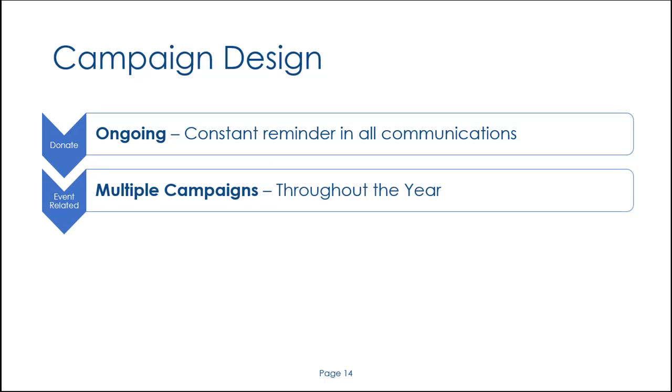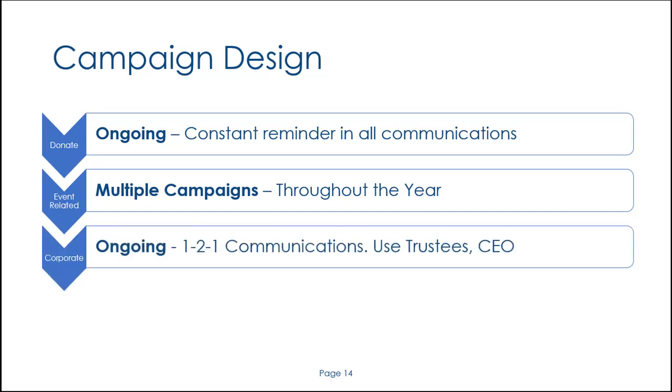The second stage is related to events. Whether you're hosting charity dinners or you're doing some community fundraising, you need to build up campaigns to support and promote each event. So you could have a national event like Red Nose Day, or the UK's largest coffee morning, or the Lord Mayor's big curry lunch. Whatever it happens to be, you build up as many campaigns throughout the year to support the particular events that you or your supporters are putting on to support your charity and its operation. So in this case, you have multiple campaigns using a mixture of online and offline communications tools, such as the ones we've talked about in the previous briefings.